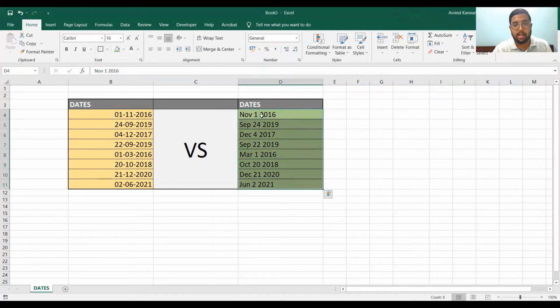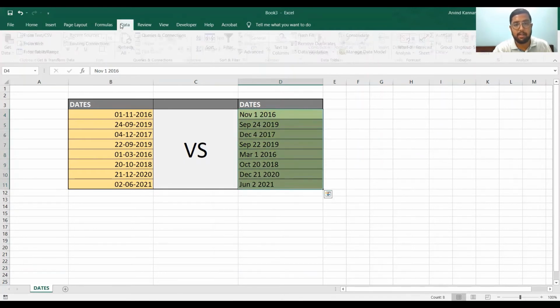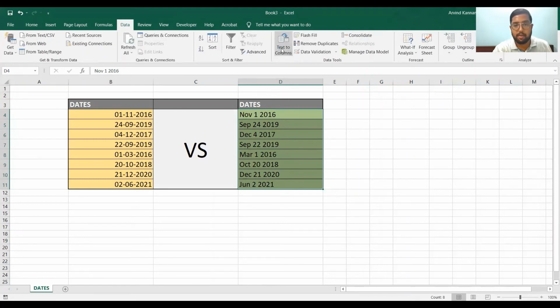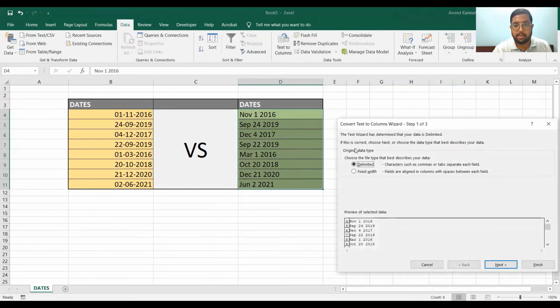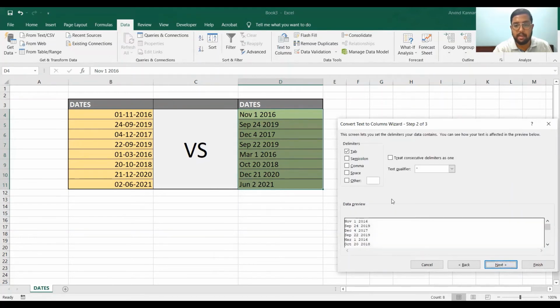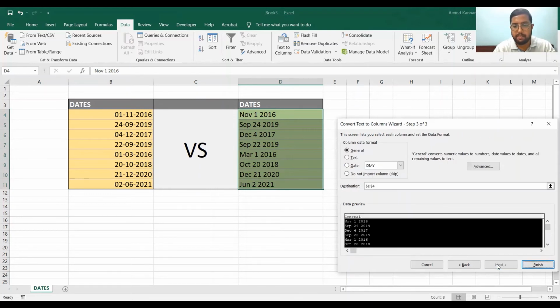That's what I wanted. I'll select this, go to data, text to columns, make sure delimited is checked. I'll go to next. Let only tab be checked, which by default is already checked. Don't check any other option for now. Just say next. You see data preview here in this box. This is how the data will look like.